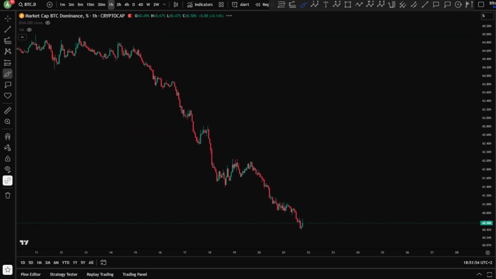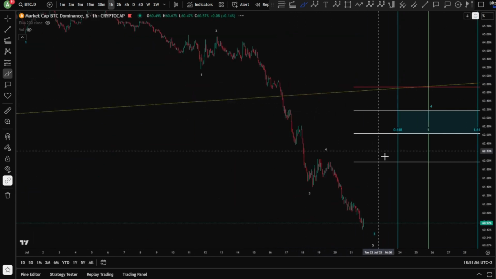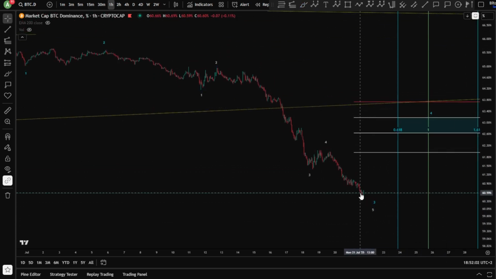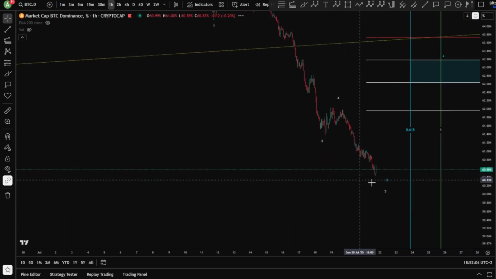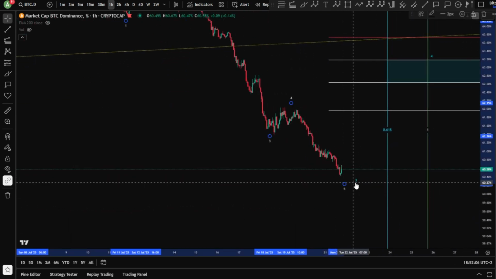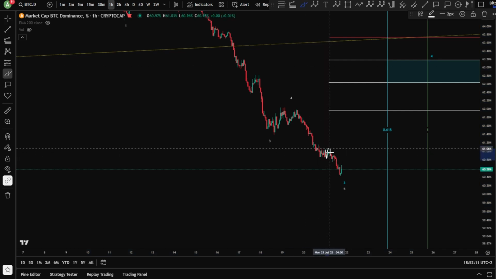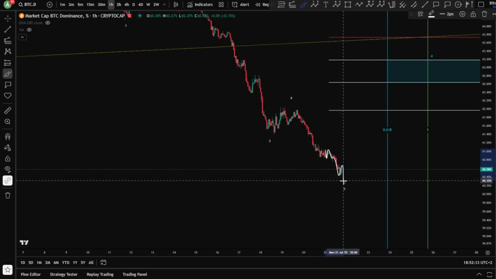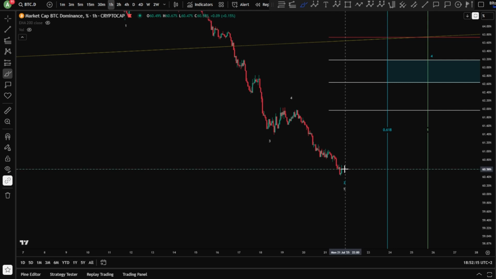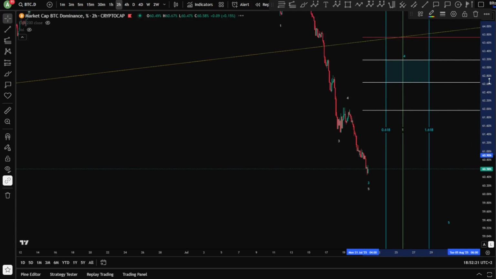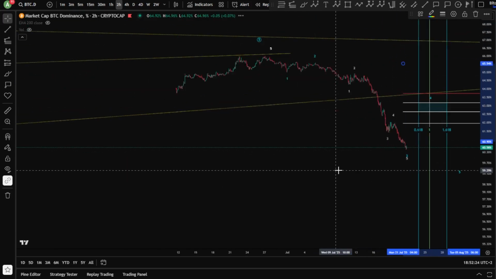If we want to take also a quick look at the Bitcoin dominance, we can see that Bitcoin dominance is still bleeding. Of course, we don't even yet see a clear finish for this wave 5 here. Well, okay, one more leg, still one more leg. So you have kind of a double 1 2 3 4 5 4 5. Okay, so one more leg, I would say, can be very possible. And then we start to see, of course, a movement again a little bit higher. And I'm expecting a little bit deeper rebound.